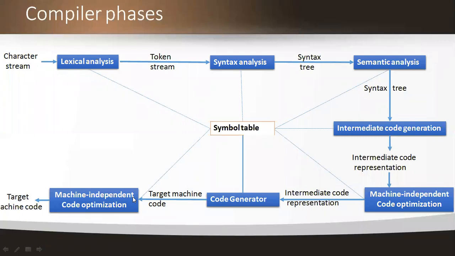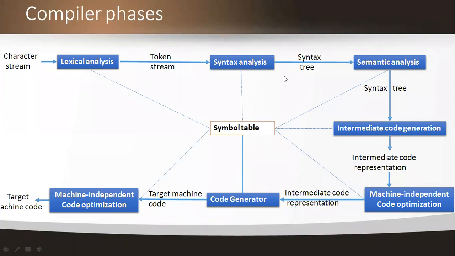Here we have 6 main phases. One is lexical, another is syntax, the third is semantic, the fourth is intermediate code generation, the fifth is code optimization, and finally the sixth one is code generator. And in this structure we have another phase, which we call a subphase, that is nothing but the symbol table. Two subphases and 6 phases. And what the 2 subphases are: one is the symbol table and the other one is the error recovery strategy.